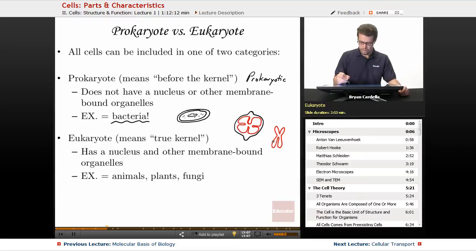This is a duplicated chromosome, which you're going to see a lot more of later on in these lessons when we talk about DNA and cell division. If you use your imagination, you can see how this kind of looks like that, somewhat. And these are inside of a nucleus. So, this is kind of a basic prokaryotic cell,